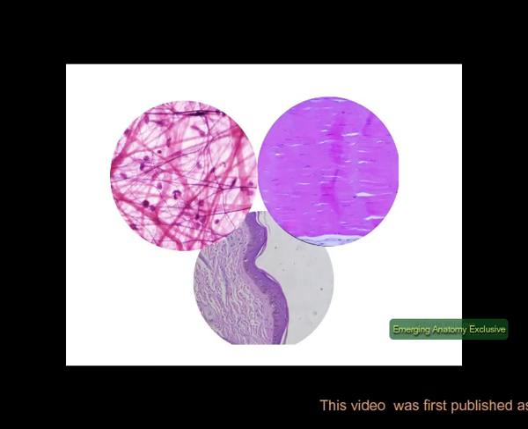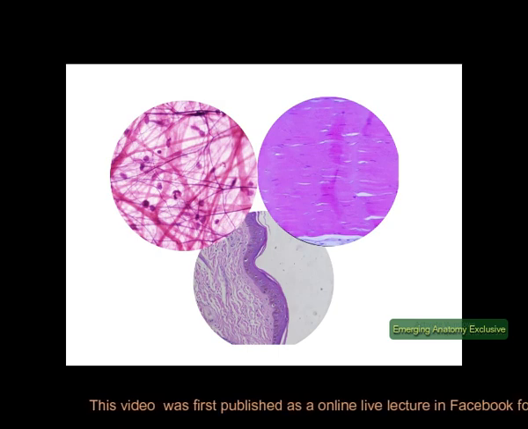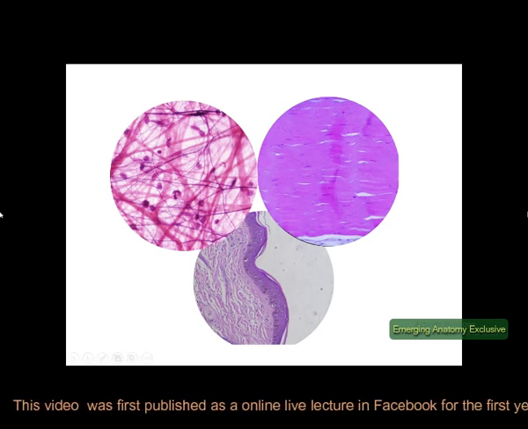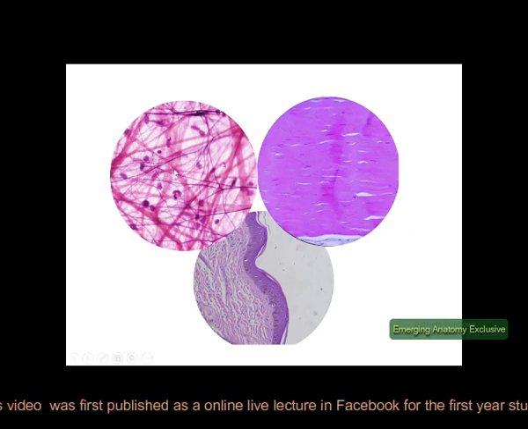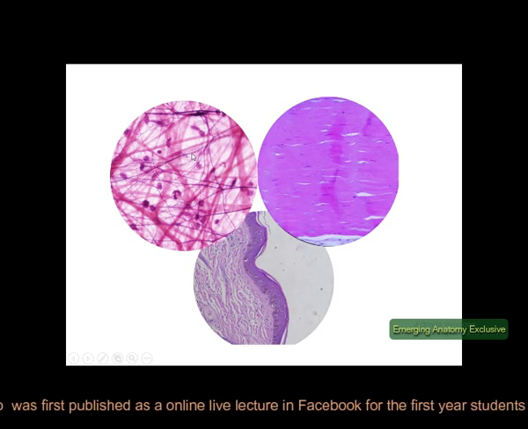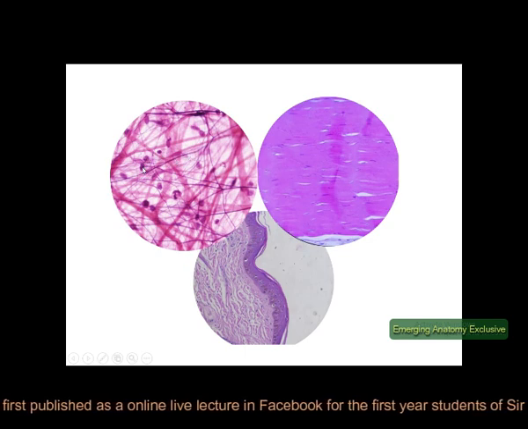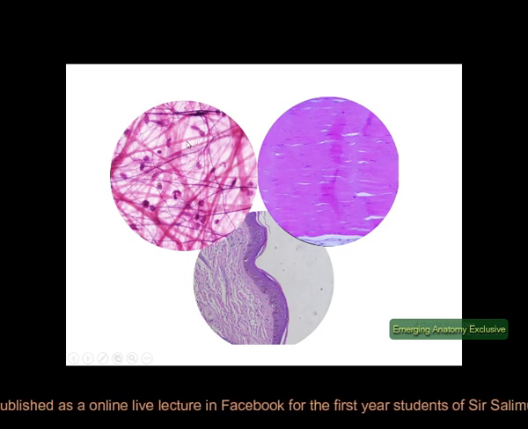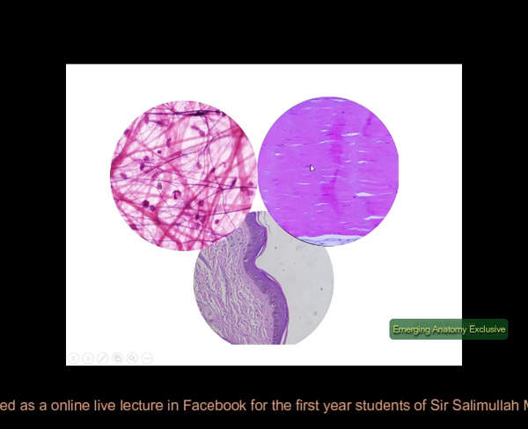Dear students, if I show you three photomicrographs and tell you to please identify the fibers and cells from here, can you trace them? I think you can, because I hope you have seen and read the previously uploaded lectures of the connective tissue cells and fibers, and you can even identify the epithelial cells also. Here is the thick fiber, here is the thin fiber, and these are the cells, and this white portion is the ground substance.